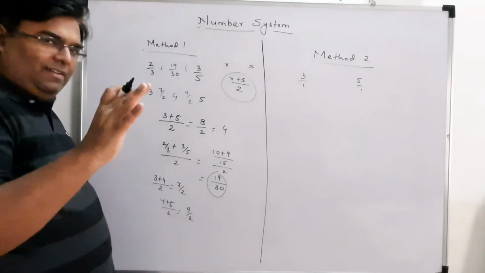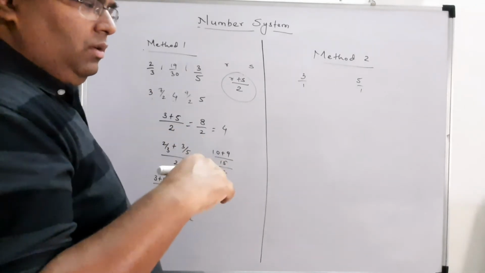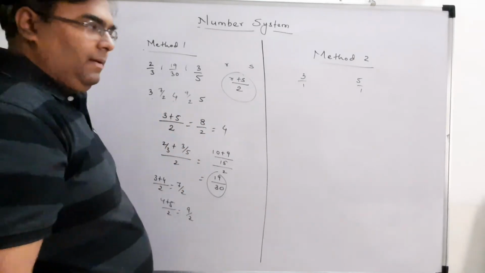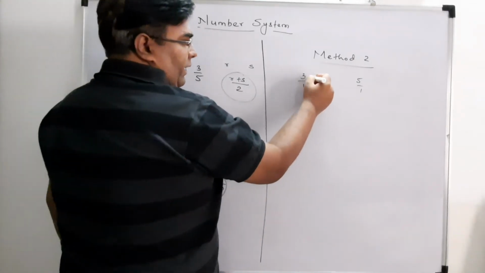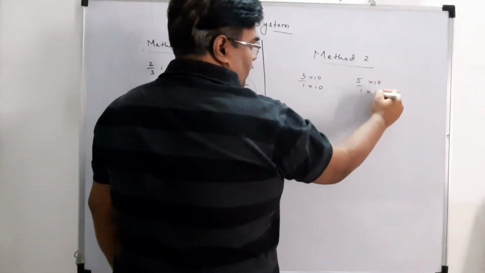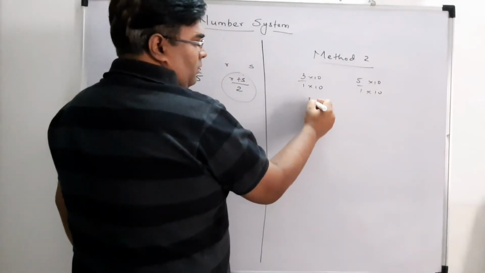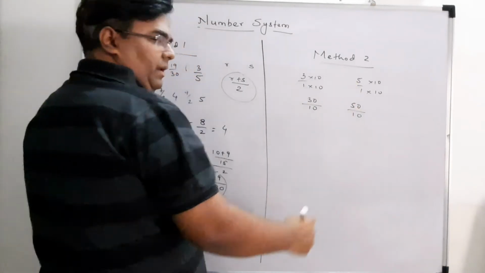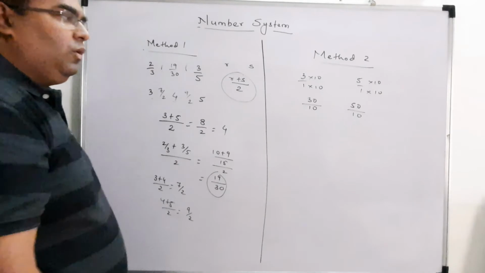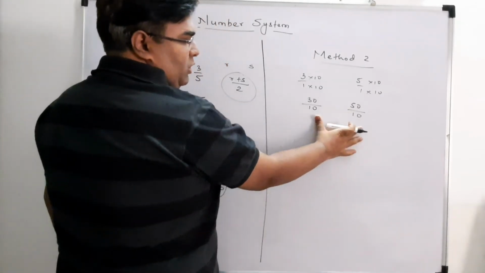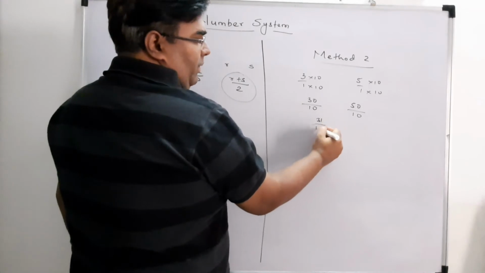Since only 5 are required, we will multiply both the numerator and denominator by 10. How? See, 3 into 10, 1 into 10. So these numbers will become 30 by 10 and 50 by 10. Okay, now you can find there are 20 numbers in between these two numbers, 31 by 10,